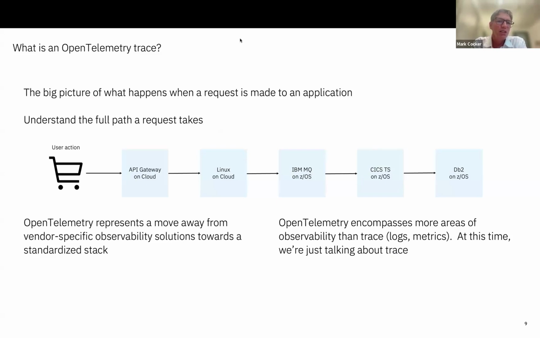So you can imagine here, you may have a sort of shopping cart scenario where you're using a combination of web applications which call API services out in the cloud. Maybe that flows through to Linux environments, maybe ends up on an MQ message, which then ends up driving a CICS transaction and updating DB2. So, by using OpenTelemetry, we can get a full view of this kind of application.